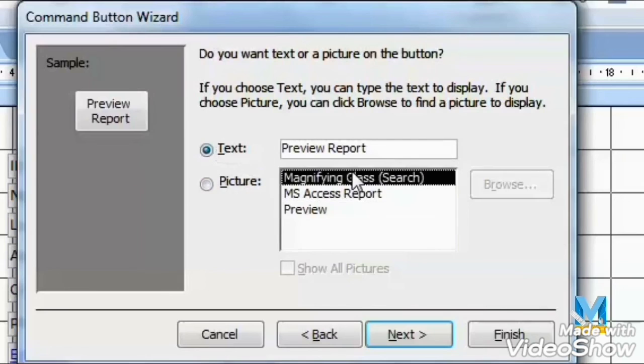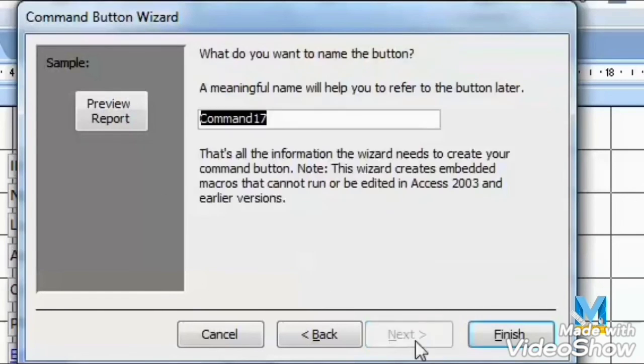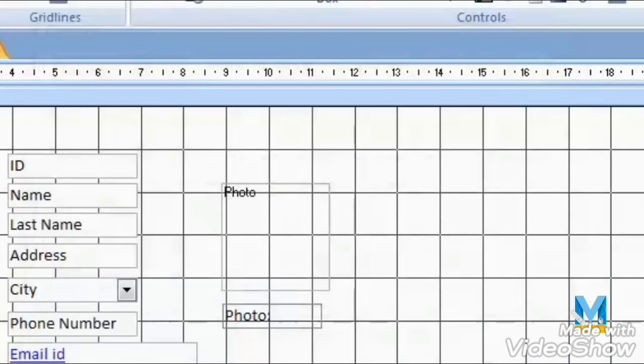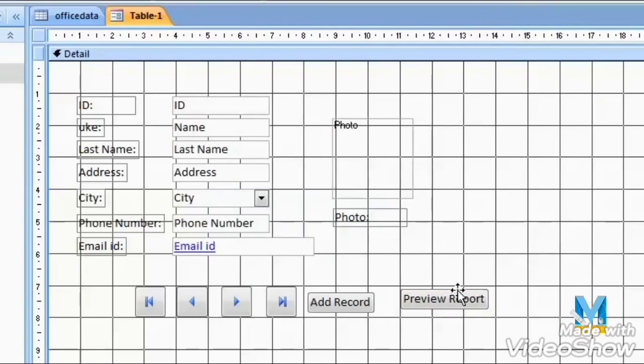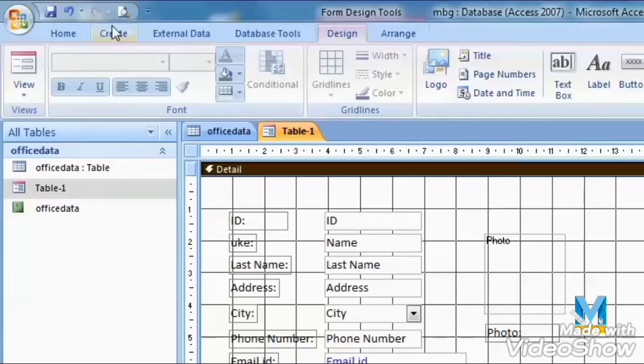Now see, from the table I will click on the next button, then whichever text you want on that button, you write there, and then see the preview properly. I took the preview of the reports on the form.